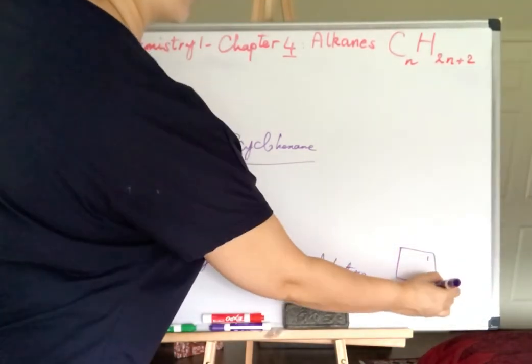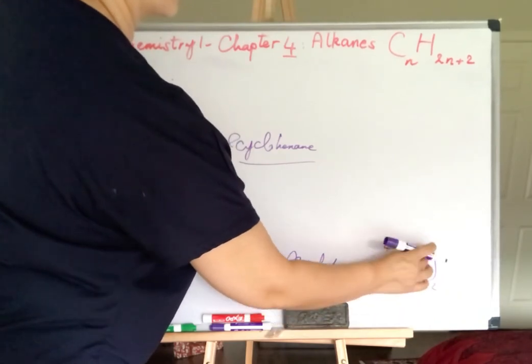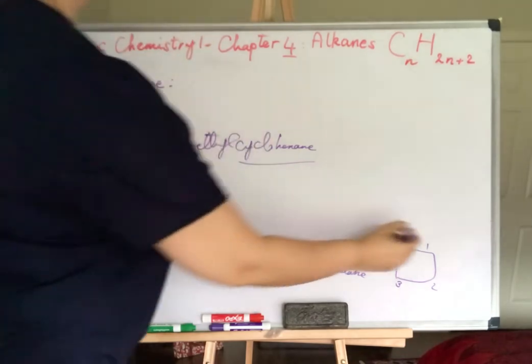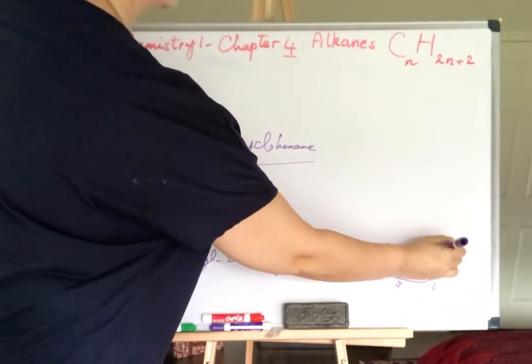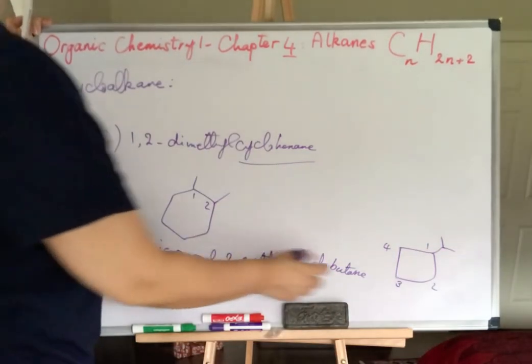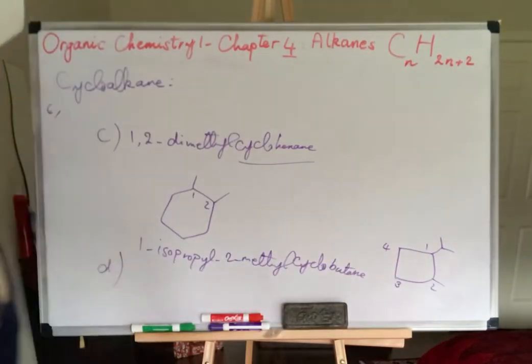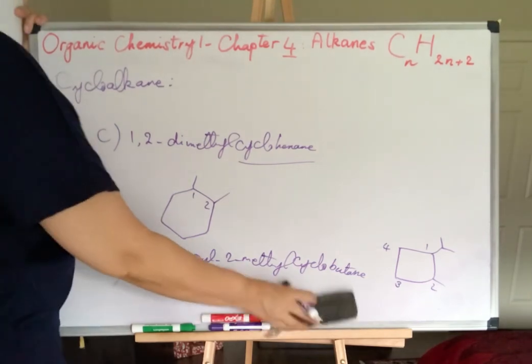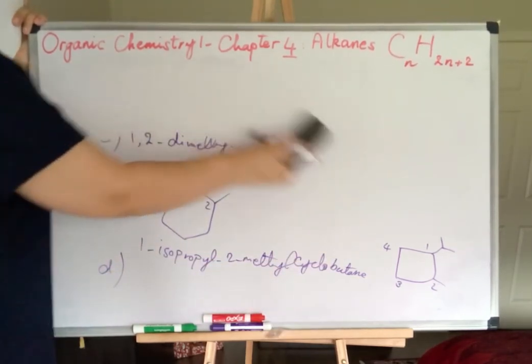The first one gets isopropyl. Isopropyl looks like a V on a stem. So this is isopropyl, and methyl group sticks out of the second carbon. That's it. If you want to work on some of the examples of page 7,